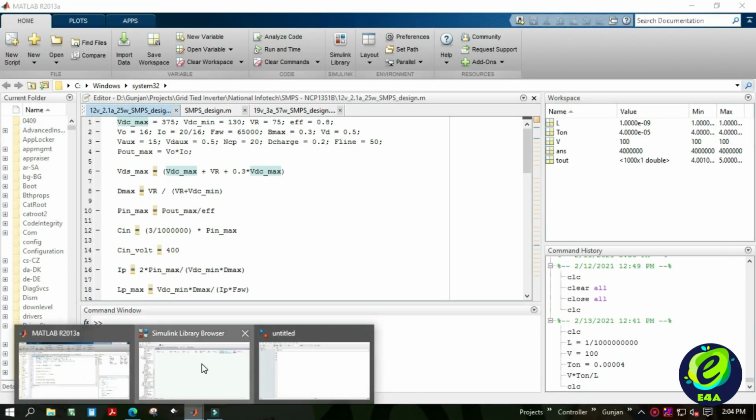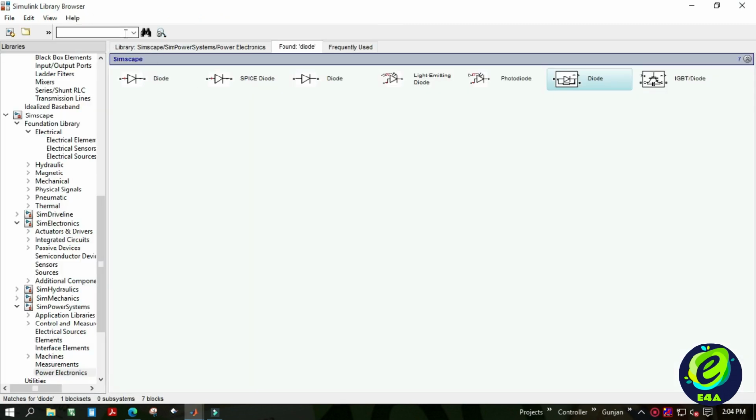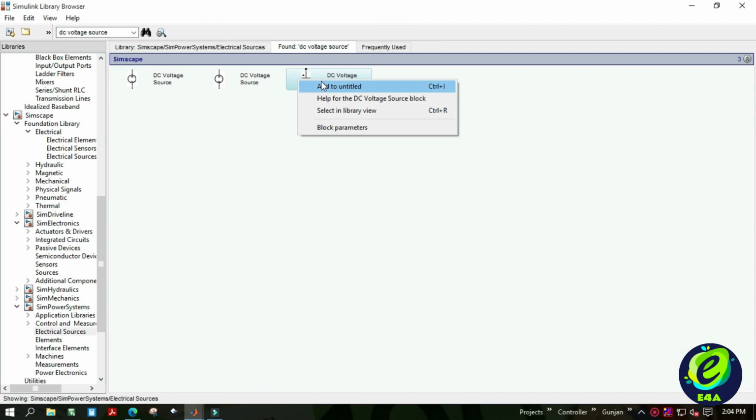So let us go to MATLAB software again and switch to Simulink, where we will again develop a Simulink model. We will energize an inductive load via a DC source and a MOSFET, and the MOSFET will be fired by PWM pulses. Let us open the Simulink library browser and search for a DC voltage source and add it to the model. Remember, the shortcut to adding any element from this library browser is Ctrl+I.